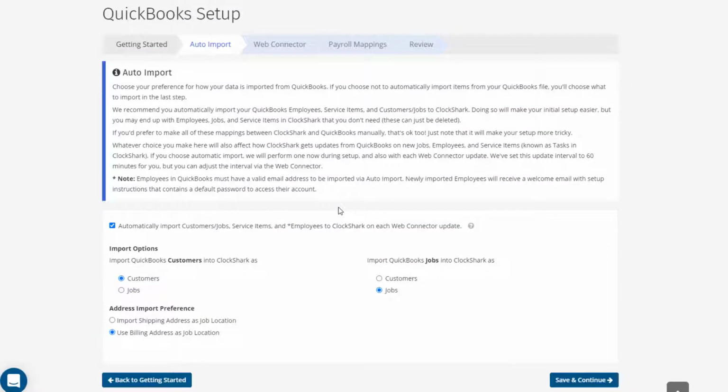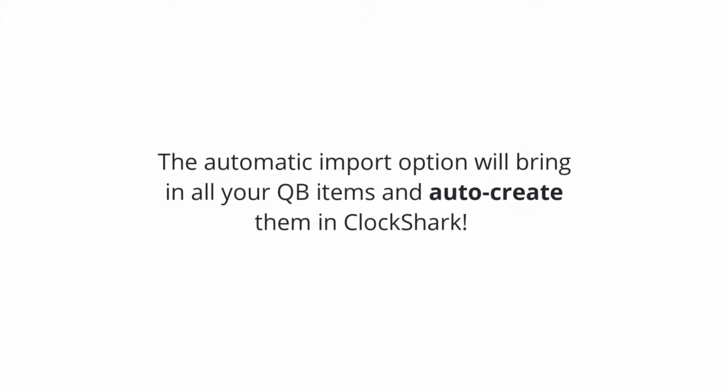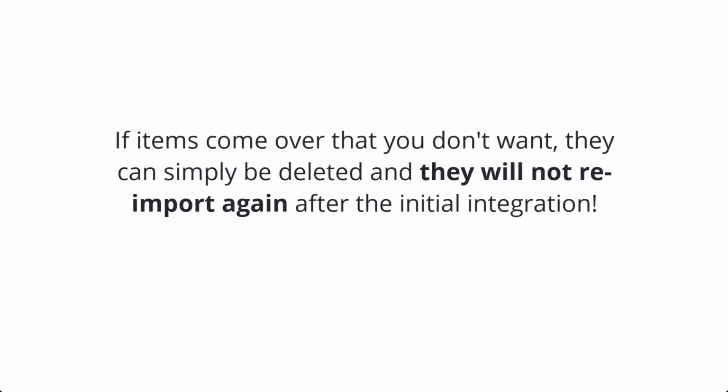Then select Continue to move to the Auto Import step. On the Auto Import step, you can select to import all of your active existing customers and jobs, service items, and employees into Clockshark. If you want to use your existing QuickBooks customers and jobs, service items, and employees in Clockshark without having to manually create them in Clockshark, it's usually best to auto import, so you want to keep this box checked. If you select the Auto Import option, any customers, jobs, service items, and qualifying employees will import